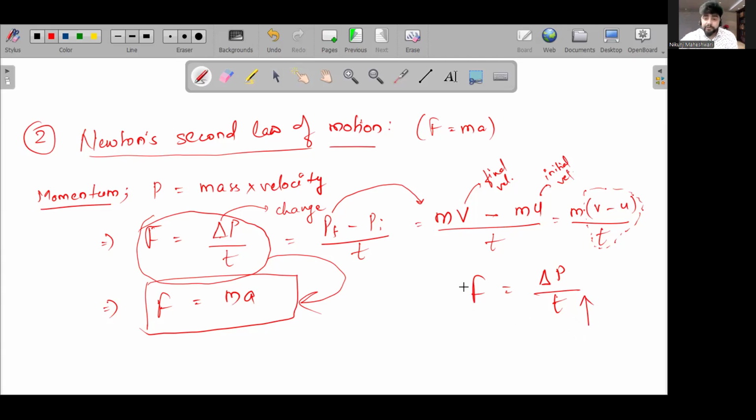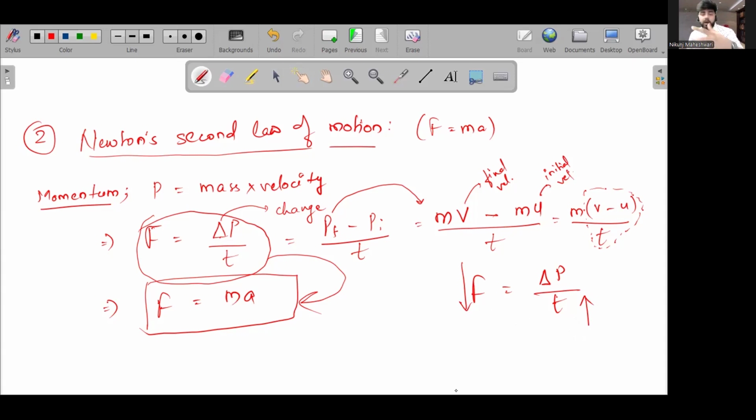You can see it clearly. Force is inversely proportional to time. If the time increases, force is gonna reduce, and if the force is reducing, the glass won't break or the bottle won't break, and mama mujhe nahi chillayenge, right? So that is how the Newton's second law of motion can be brought into application. There are a lot of other applications as well.